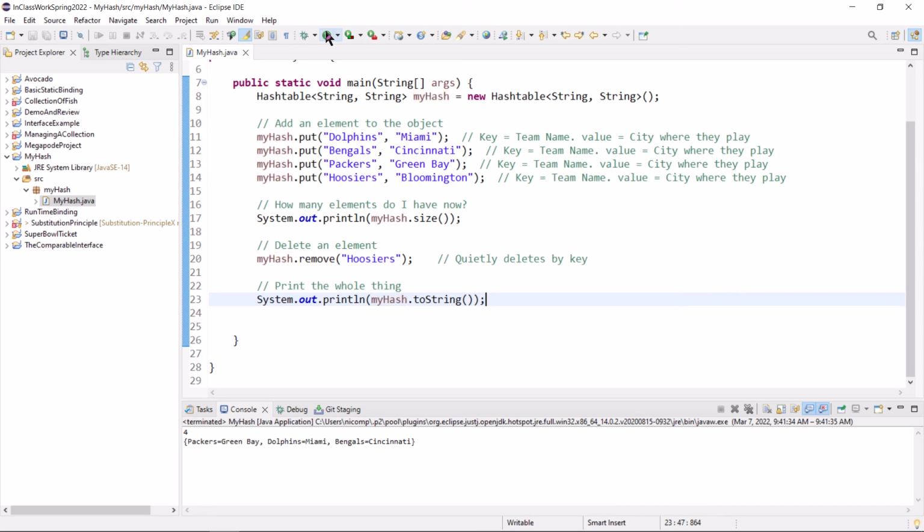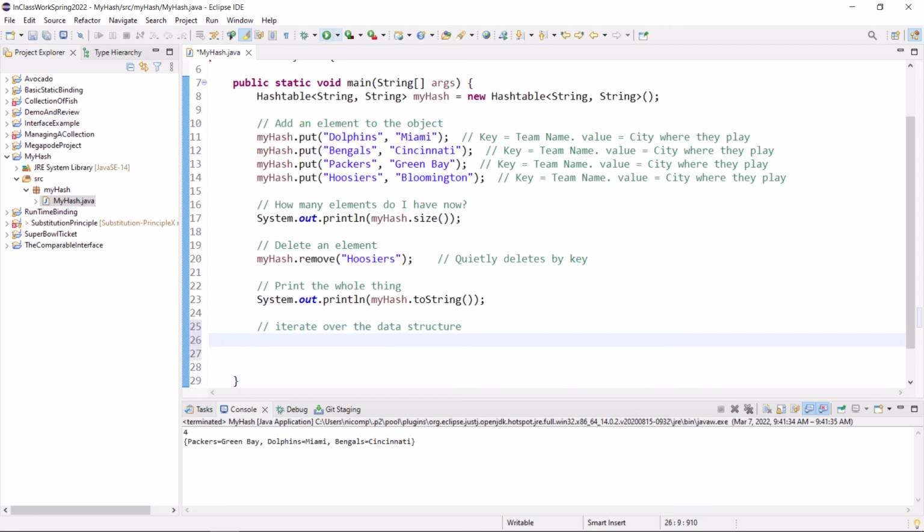And that's okay for debugging. It's kind of nice, but it's not useful for other types of processing. So what I really want to do is be able to iterate over the data structure.